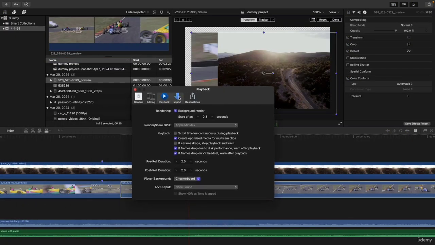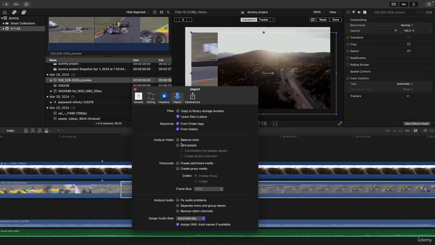Then we have some import settings. By default, if you want to put some import settings, while importing any file you will see, let's say, the proxy media which we have already taught you. If you want to enable these settings by default, you can do that from here. Rest